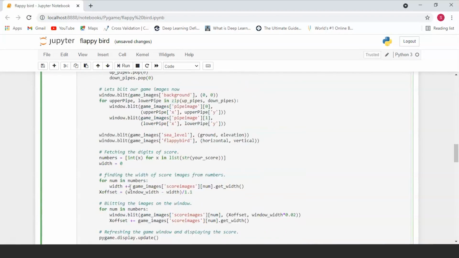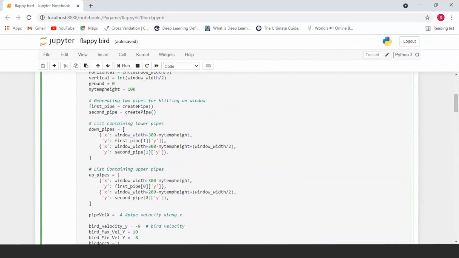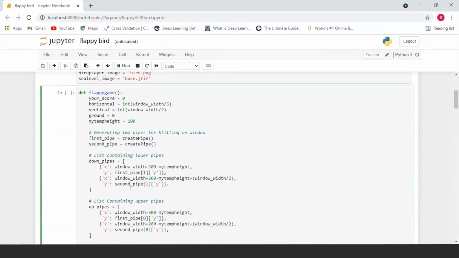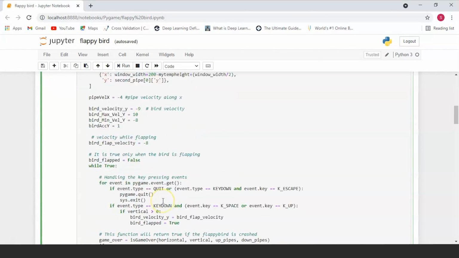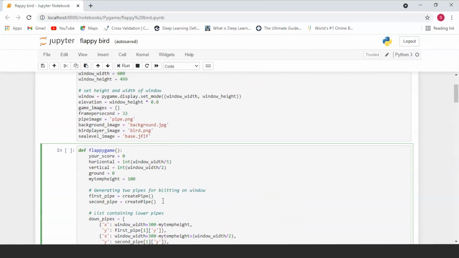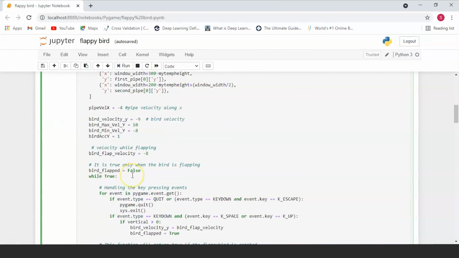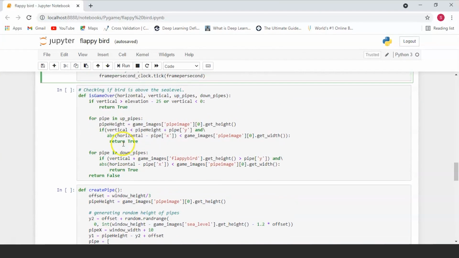Now here we are going to be coming into our Python game loop. The first thing that we talk about in our Python game is that you have to have some initialized variables, right? And you have to create some important components of the game. The first thing that you have is the Flappy game, which is the game itself. The next thing is to check if our game is over.